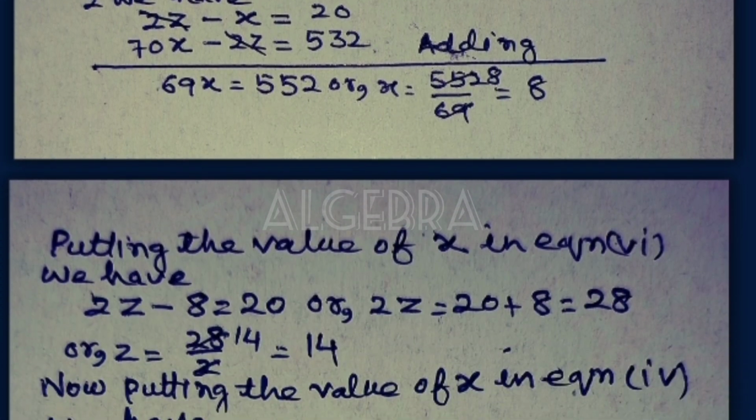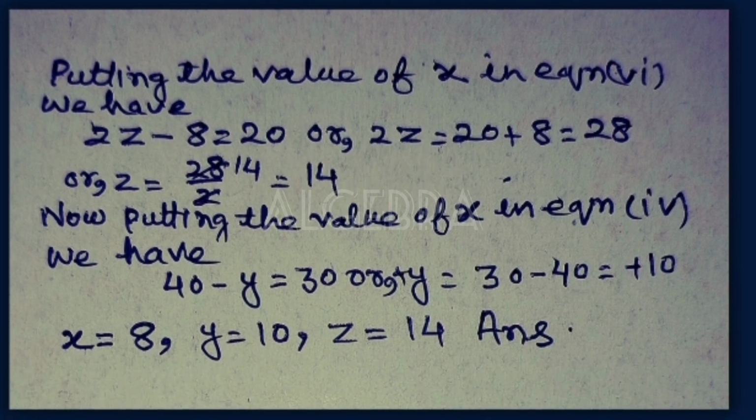Putting the value of x in equation 6, we have 2z − 8 = 20, or 2z = 20 + 8 = 28, or z = 28/2 = 14. Now putting the value of x in equation 4, we have 40 − y = 30, or